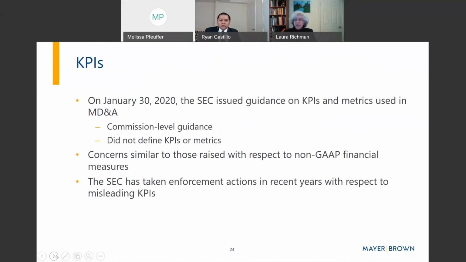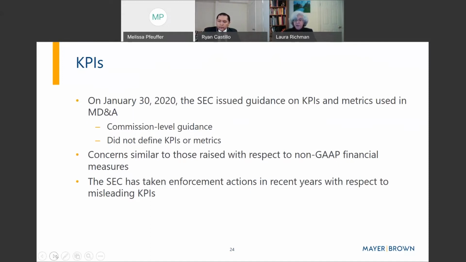And that discussion, to the extent material, would include statistical information, for example, that would enhance a reader's understanding of these measures. Now, this guidance on KPIs came out before COVID-19 reached the pandemic levels in the United States, but it's principle-based, and it's applicable to KPIs used in COVID-19 disclosures, so it really is very topical to our current topic.